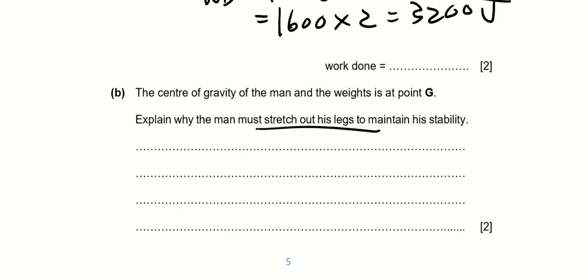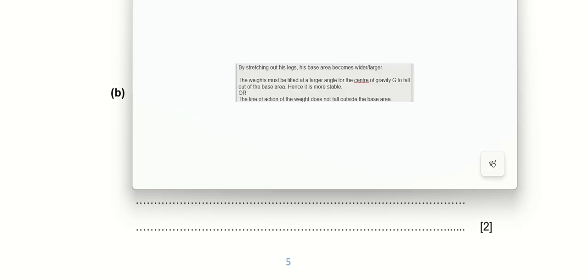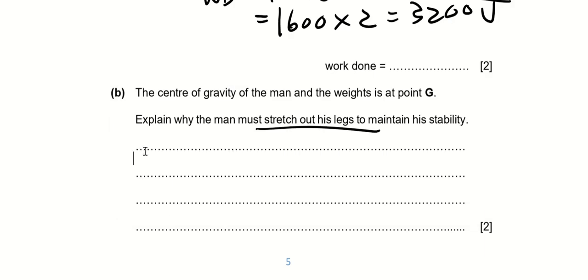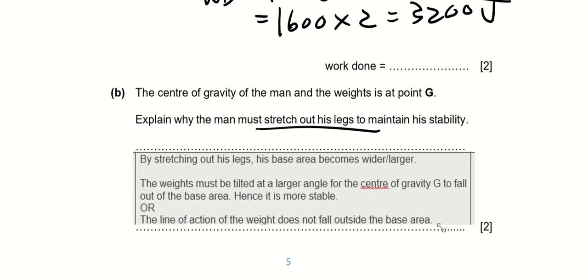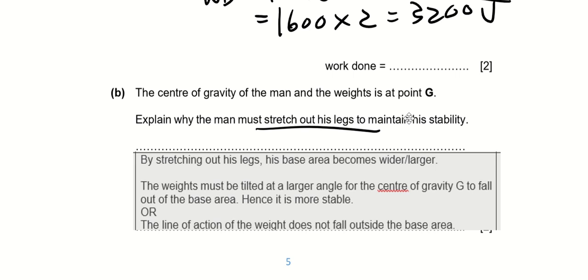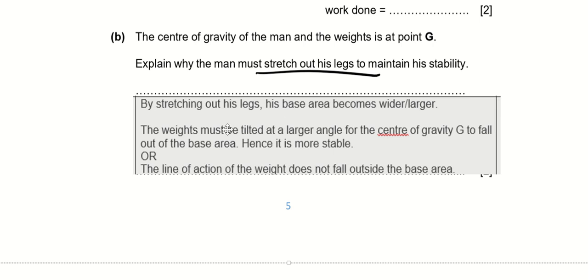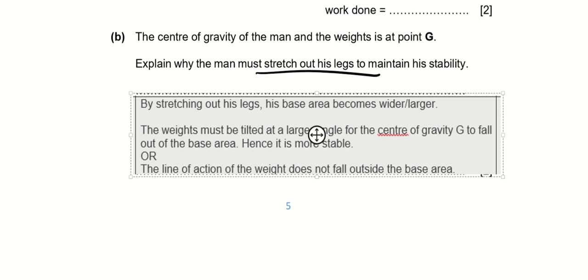Okay, so for stability, in order for something to be stable, the center of gravity must be as low as possible, or the base area must be as large as possible. But since the center of gravity is at point G, we cannot reduce that, but he needs to spread out his legs, because by stretching out his legs, his base area becomes wider or larger. Okay, so